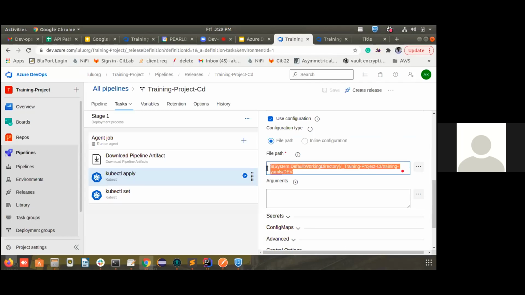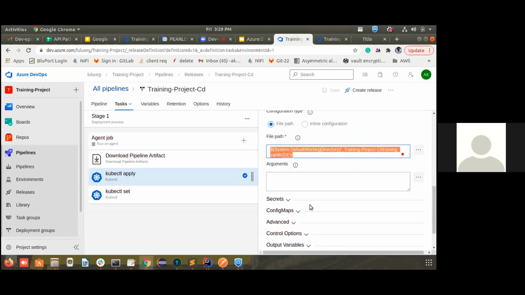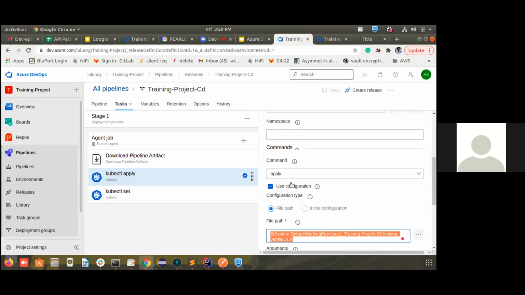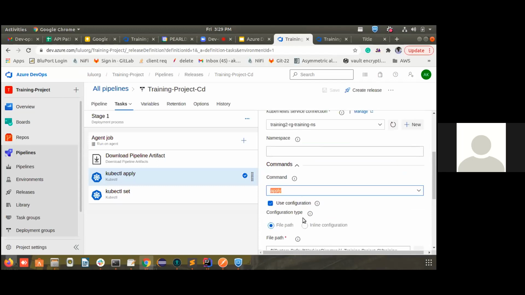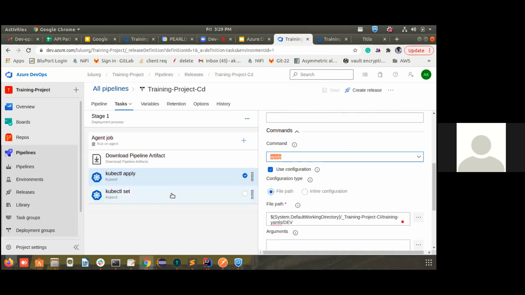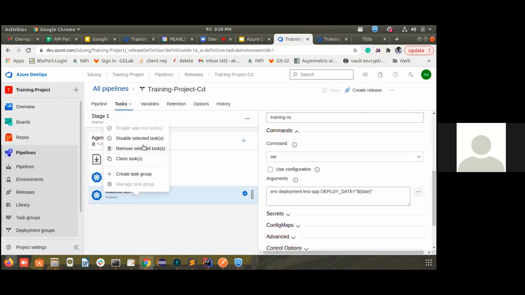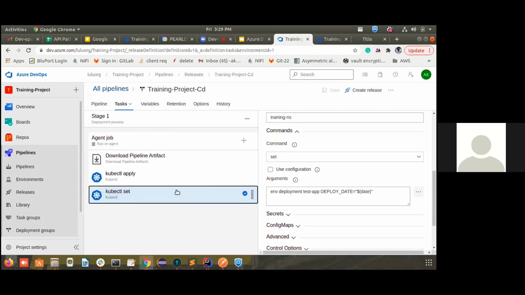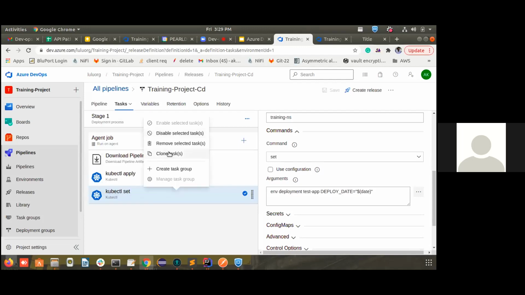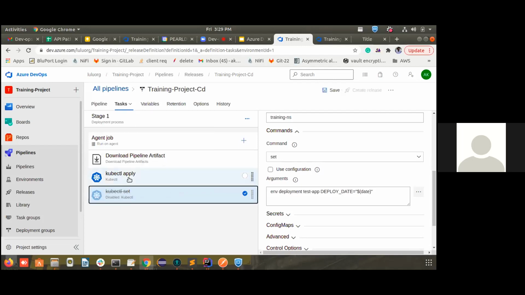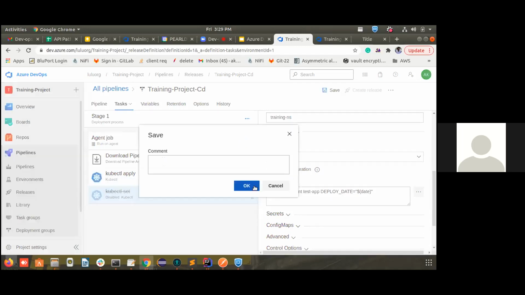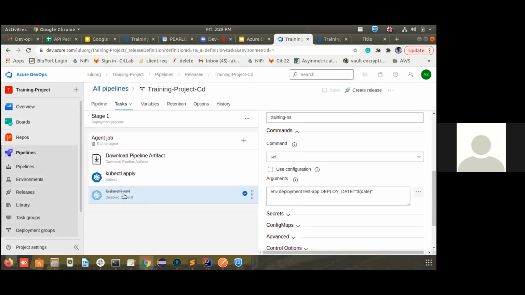So that is where my deployment descriptors will be there. In that particular file path, I need to do this apply command. So that kubectl apply will work. And the kubectl set command, you don't need to be worrying about for now. You just need to study up to here. I'm just disabling that. Kubectl set command I have disabled. Set command will come to that later.